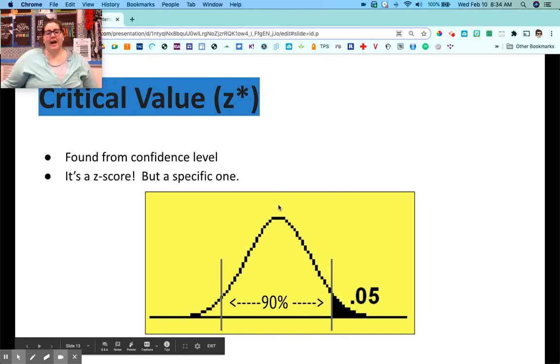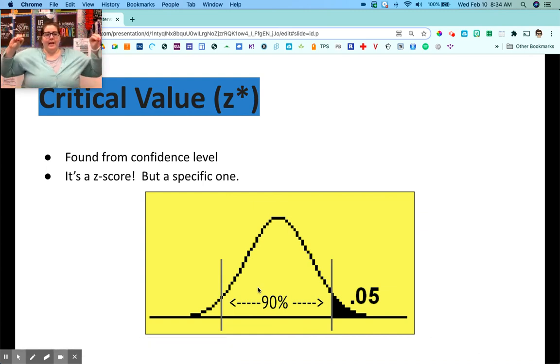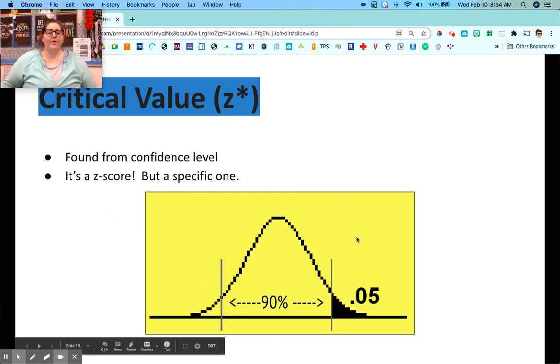You can think of it as my mean's in the middle, and I need to know how many standard deviations up and down I need to go to get this interval. So it is a z-score. To figure it out, I know I want 90% in the middle, right? That leaves 10% left over, and that's going to have to be split between my two little tail regions. So that means in each little tail region,